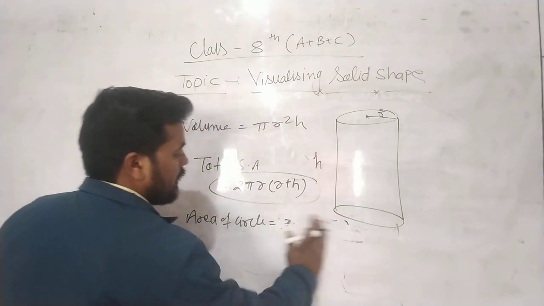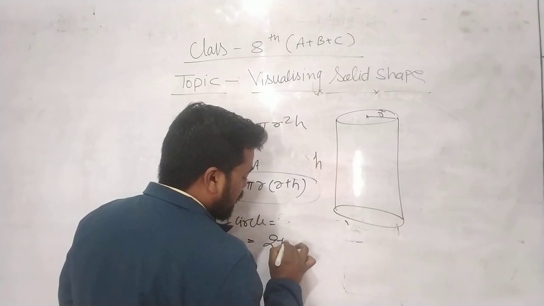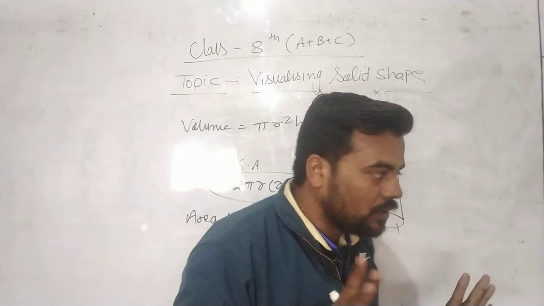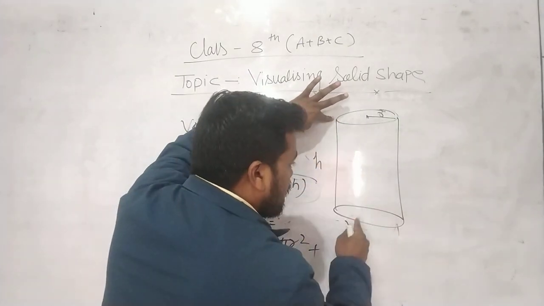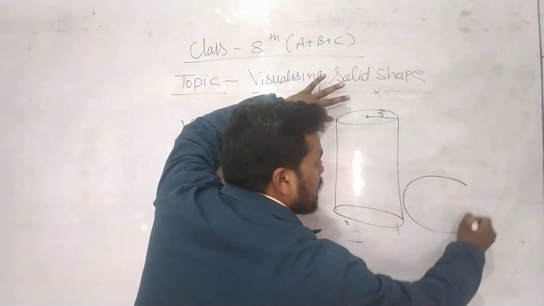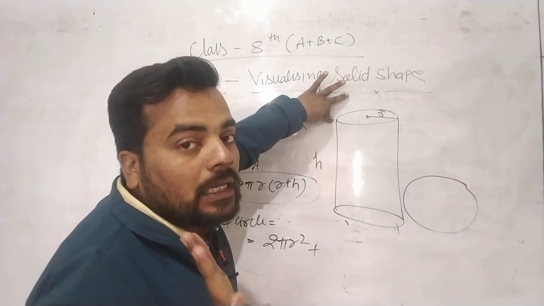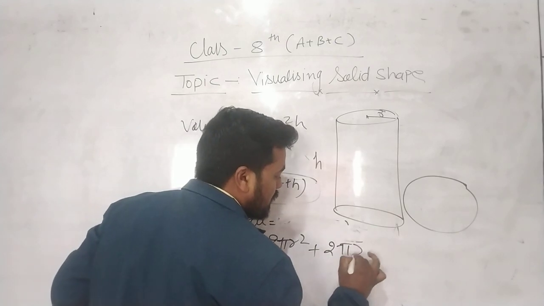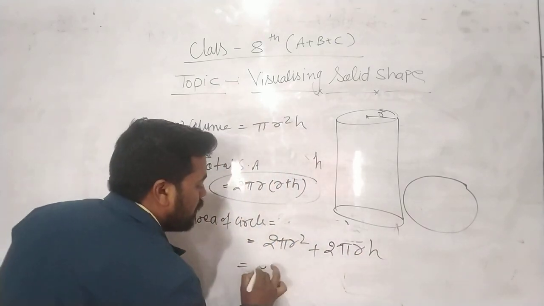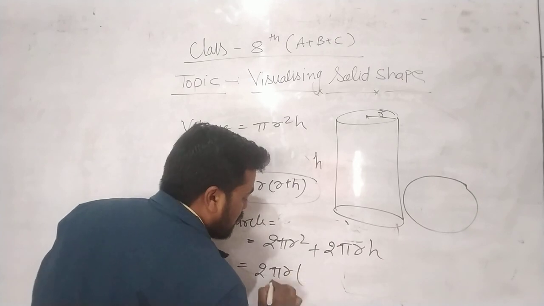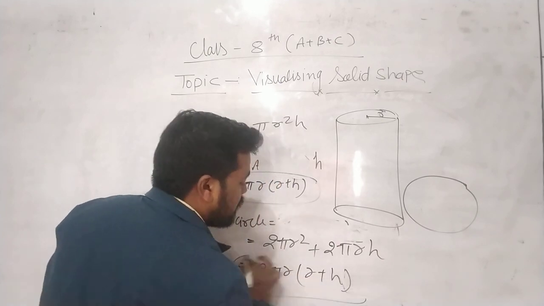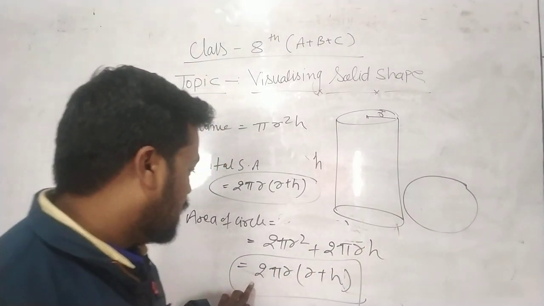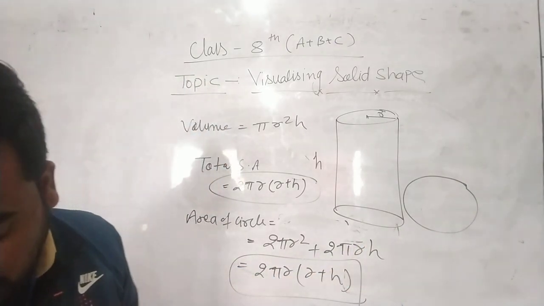अच्छा ऐसे नहीं समझ में आया, आगे देखते हैं. Two circular ends, 2 pi r square, and lateral surface area, that is known as curved surface area. Okay, because this cylinder is curvy shape. ऐसे हमारा शेप है ना, इसलिए हम इसके लिए वर्ड यूज करेंगे curved surface area, not lateral surface area. And you know that curved surface area is equal to 2 pi r h. Common 2 pi r and r plus h. That's why total surface area of a cylinder is 2 pi r square plus 2 pi r h, and you get 2 pi r in the bracket r plus h. Okay.